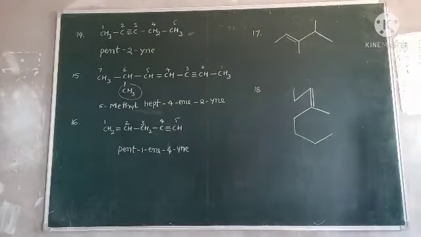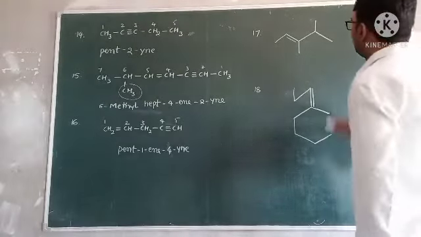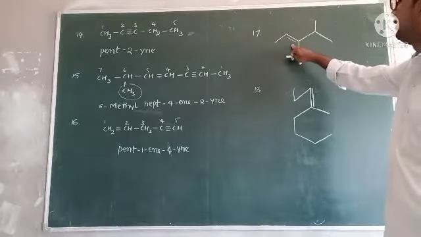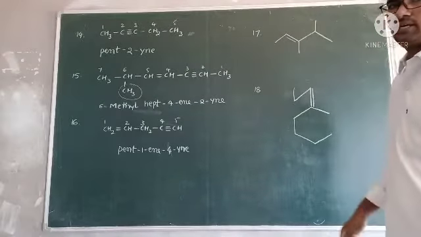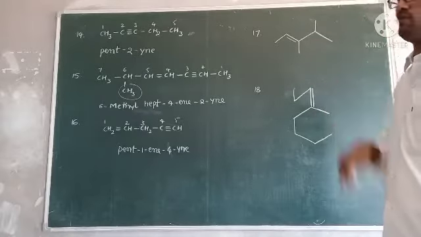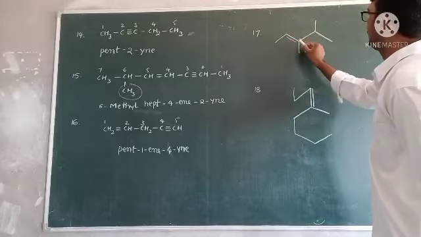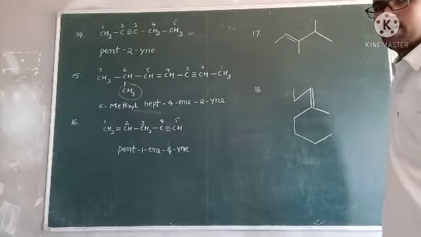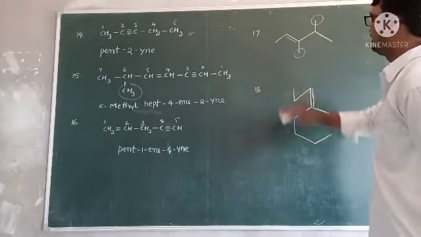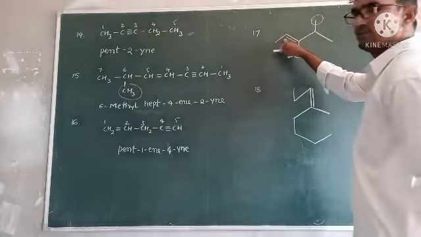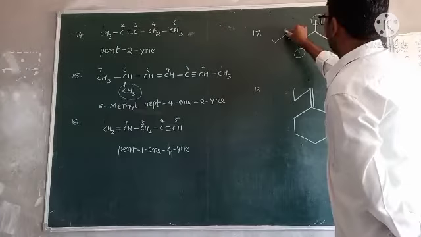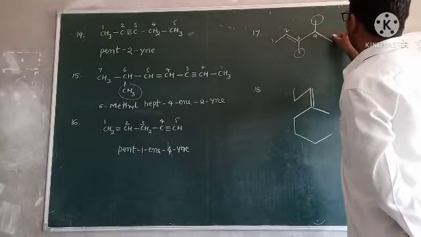Skeletal form is given. Now it is very easy, no problem to you. In this one there is no functional group, but multiple bond is present. Based on that multiple bond, give the numbering and also identify the long chain with multiple bond. So 1, 2, 3, 4, 5. This is the long chain, very clear. This is substitution. This is also substitution. Give the numbering from this side. If it is very clear, lowest number comes. So 1, 2, 3, 4, 5.